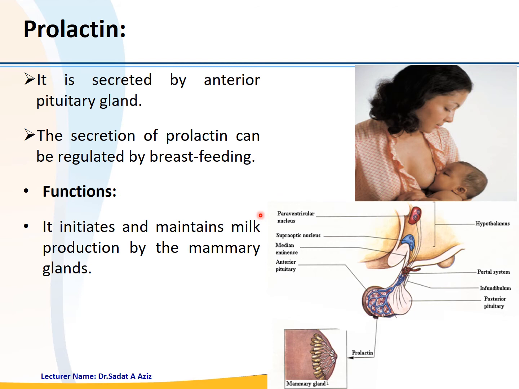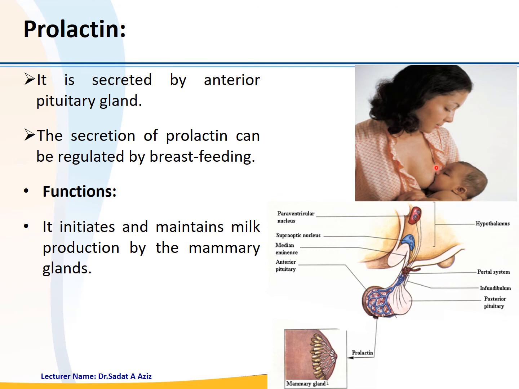Another hormone which is secreted by the anterior part of the pituitary gland is called prolactin. The secretion of prolactin can be regulated by breastfeeding or nursing, when the baby is suckling the mother's breast. Okay, so when the nipple of the breast is stimulated during nursing, it can send